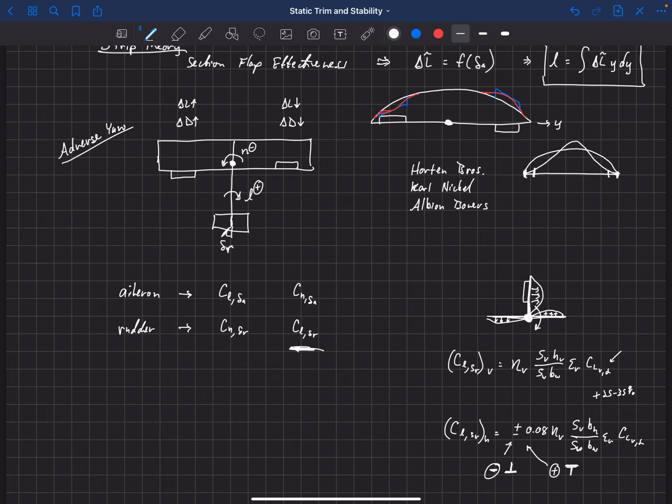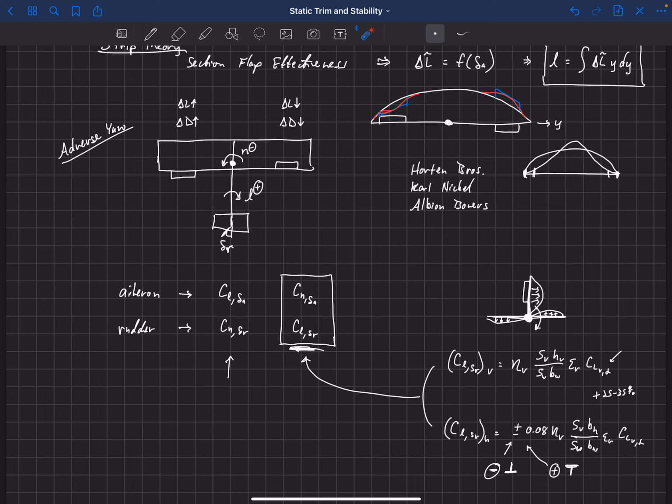Okay, so we would basically add these two together in order to estimate this term right there. That's the total change in rolling moment with respect to rudder deflection. You'll have some influence from the vertical, some influence from the horizontal. Now, these two right here are what we call coupling terms. So the terms on the left here are our primary control surfaces that we want to use for roll and yaw. So for roll, we want to use the aileron. For yaw, we want to use the rudder.